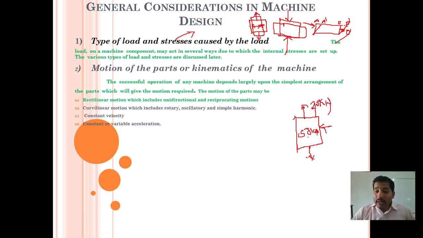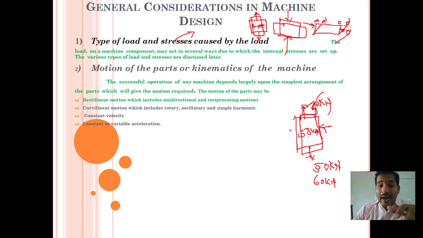If you gradually increase up to 50 kilonewton, then what happens? The external force is equal to the internal resistive force. If you increase up to 60 kilonewton, then what happens? The body starts to elongate. The body starts elongation and changes in length. So if you apply a tensile force, what will happen? The body length will increase and the diameter of the body will decrease.